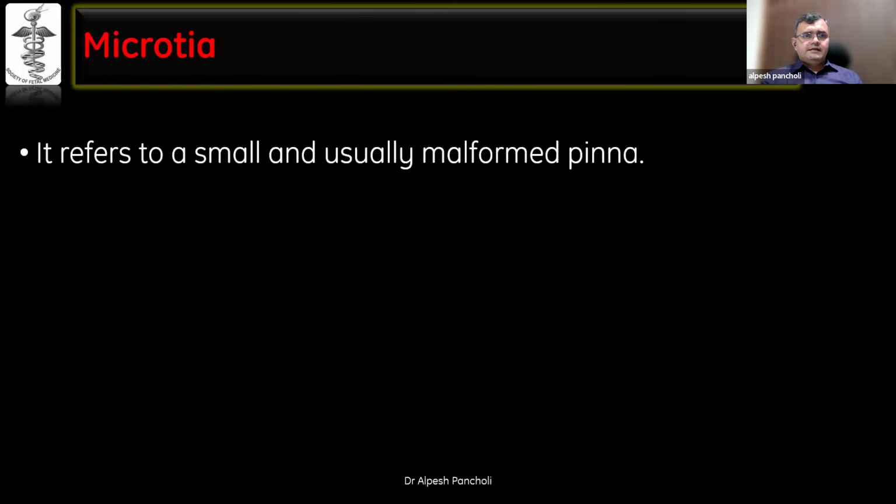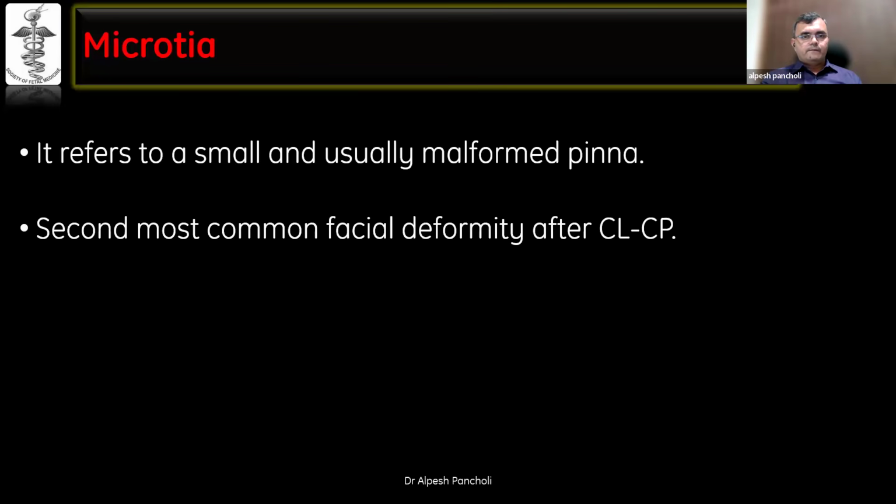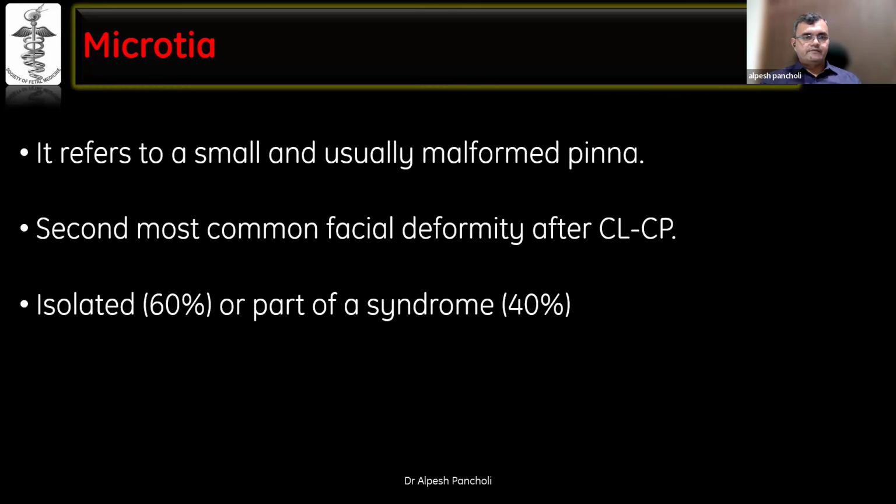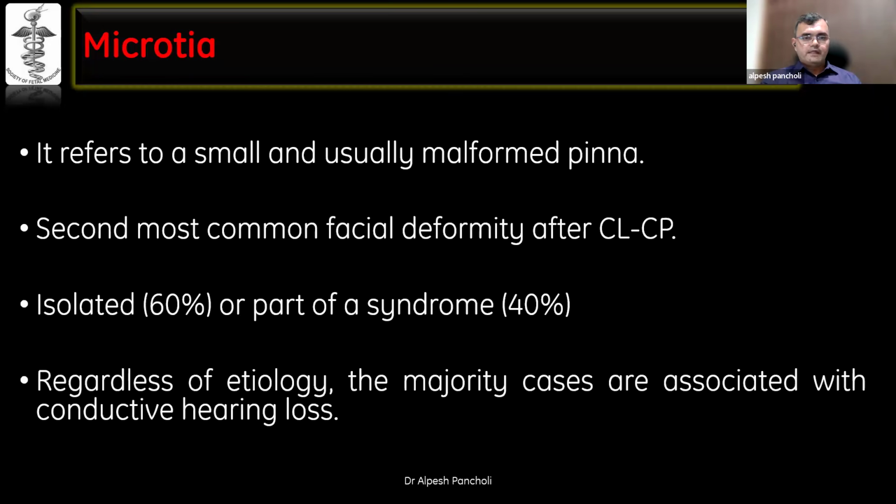Coming to microtia, it simply means a small and usually malformed pinna. It is the second most common facial deformity after cleft lip and cleft palate. In about 60% of the cases, they are isolated, or in about 40% of the cases, it's part of a syndrome. Regardless of etiology, whether isolated or part of a syndrome, the majority of cases are associated with